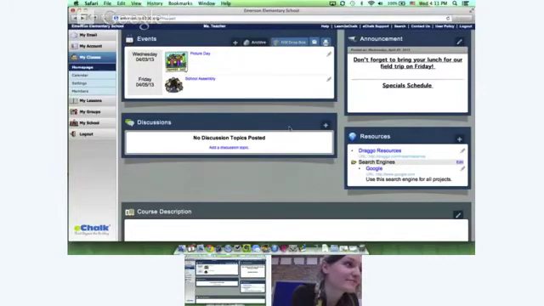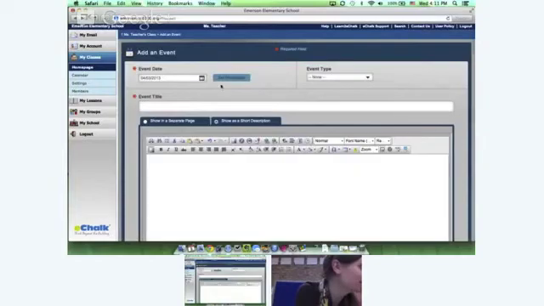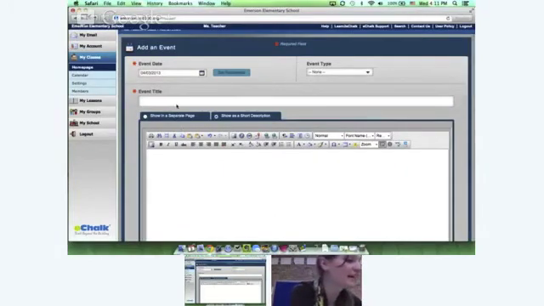The other thing I want to show you is how to link something in a more simple way. So let's say we're going to add an event, and this linking works for events, it works for resources, it works for anywhere that you have this big white editing area. Okay, so